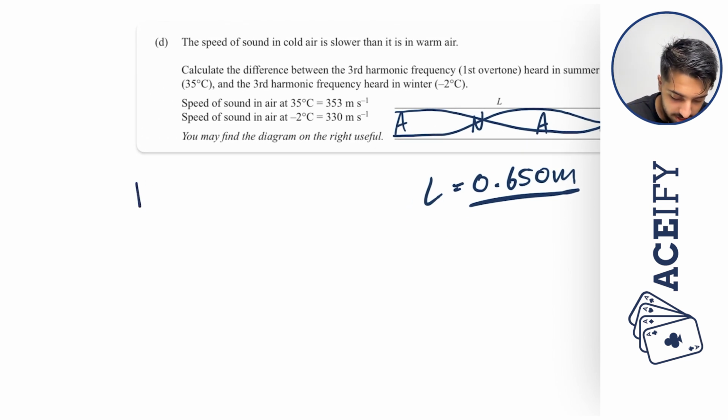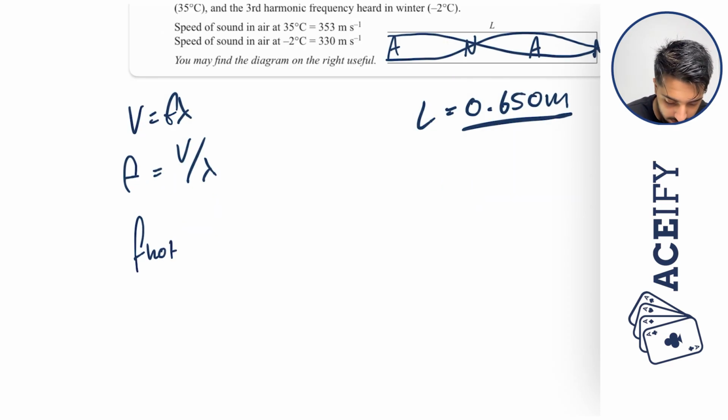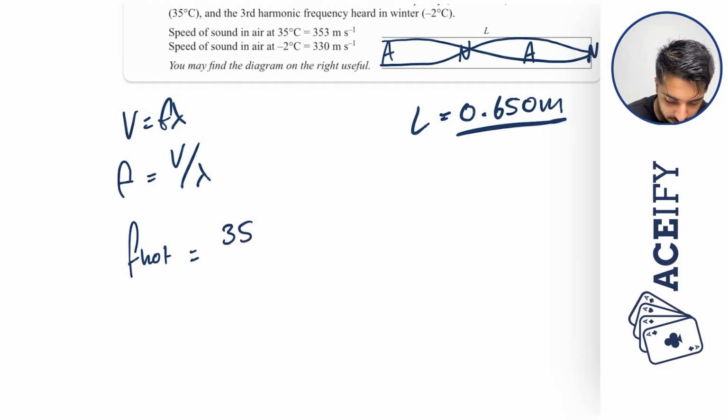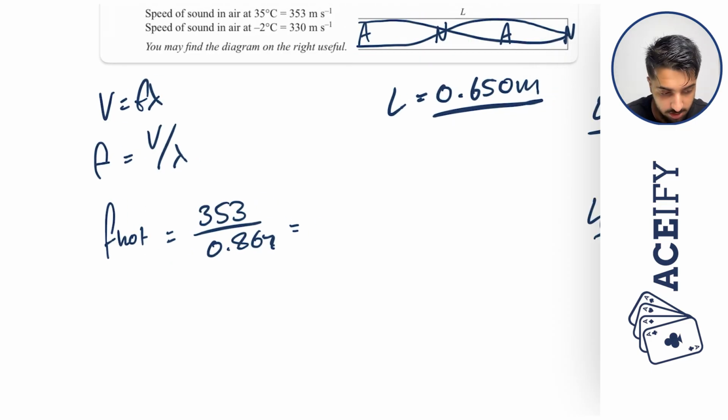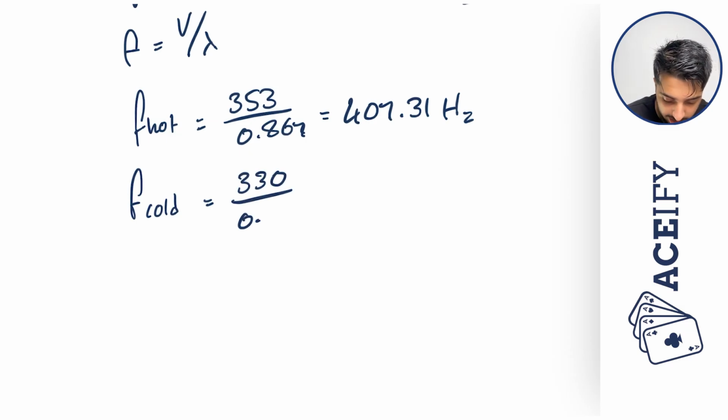Because we know that v is equal to f lambda, and therefore f is equal to v all over lambda, our f hot is going to be equal to the speed of sound in summer, which is 353, all over our wavelength, which we found was 0.867, and that gives a frequency of 407.31 hertz. Now, same thing for the cold, we get our f cold is equal to 330 all over 0.867, and that equals